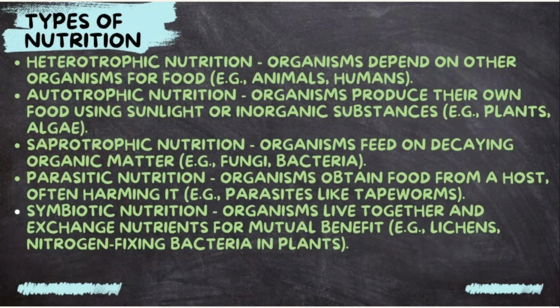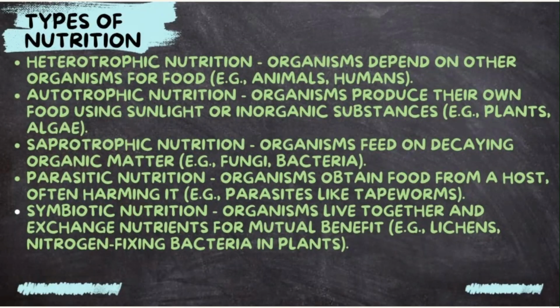And parasitic nutrition literally means that they obtain their food from a host, usually causing harm. An example is parasites like tapeworms, but even thinking about a virus, it causes harm as well, right? And then we have symbiotic nutrition, where they live together and exchange nutrients, right? So